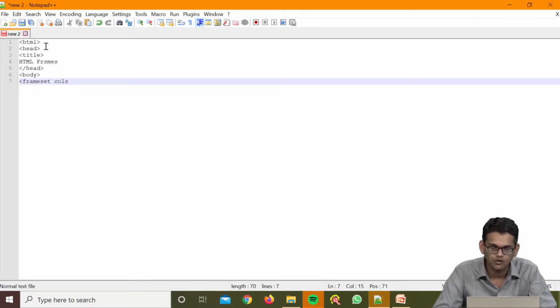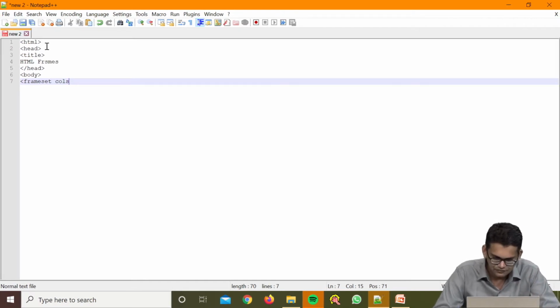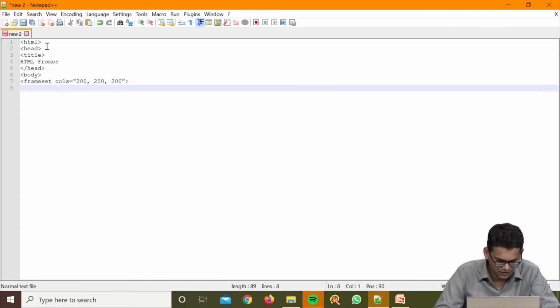So, I have used cols equal to, and we need to provide the range here, that is 200 for the first, 200 for the second and 200 for the third one. Now close this one and create the frames.